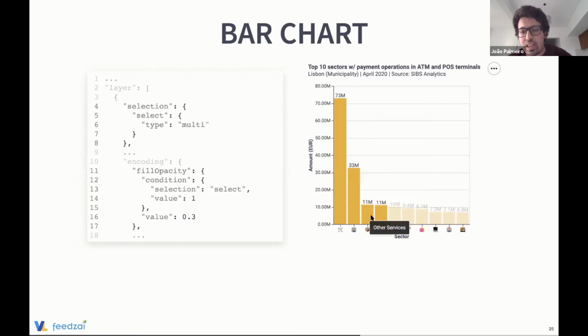I can highlight four bars, one just now, and basically I'm saying, okay, I want to select and I want to highlight. What kind of thing is this in terms of visual primitives? Basically, it's again, instead of encoding, okay, this is just the opacity associated with the color, and then we write a condition in the format of if then else. Okay, condition: if the bar is selected, the value is 1, full opacity, if not, 0.3.